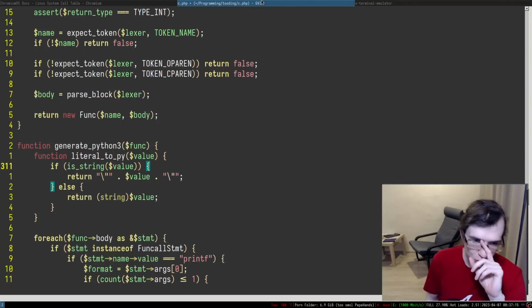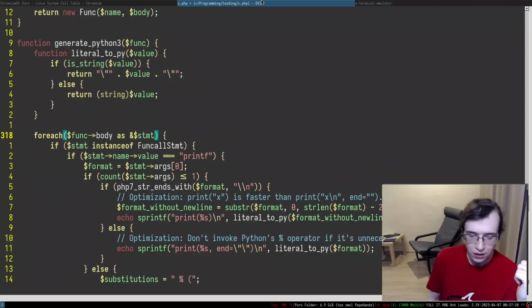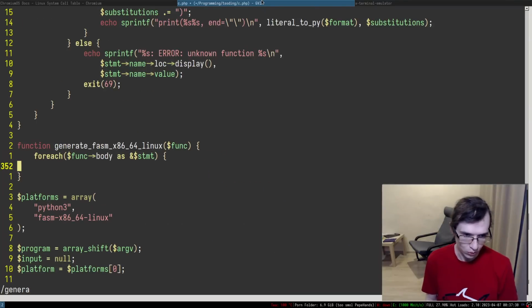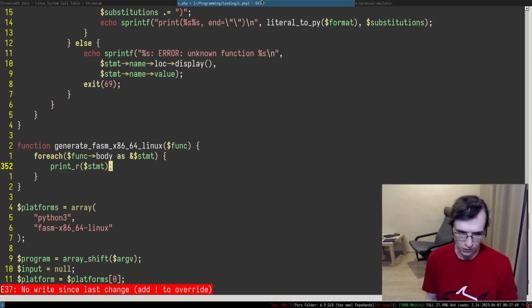So essentially how we do all of that: we iterate all of the statements of the body of the function, right? So let's actually replicate that. Generate. So we are iterating this entire thing, and in here maybe we can do print r. I suppose it will actually print the statement itself.